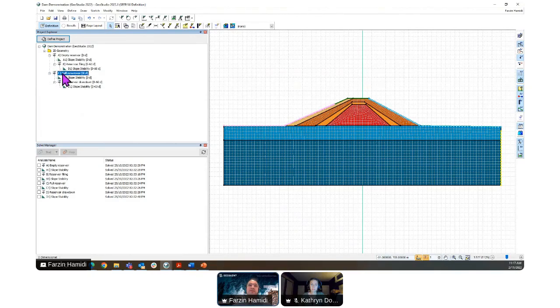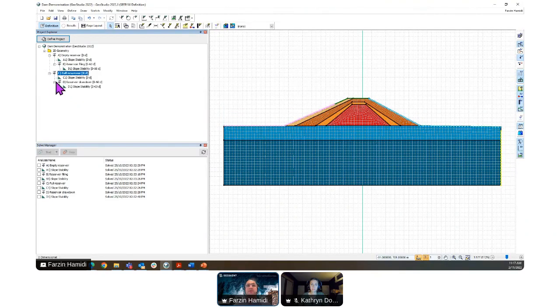And the second analysis is starting with a full reservoir, and then we gradually draw down, and we would like to do the consequent stability analysis after each stage. So this is the full reservoir. After this stage, we have a slope stability as a child analysis to this one.